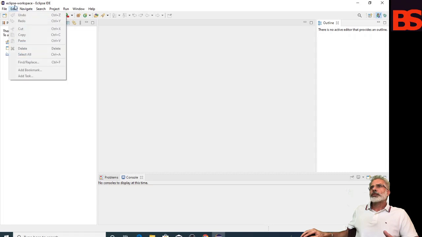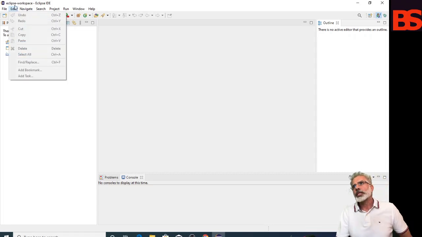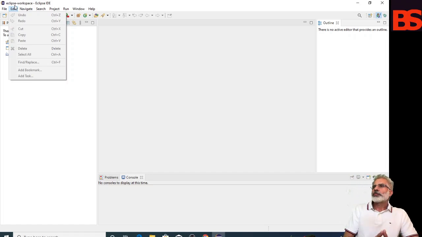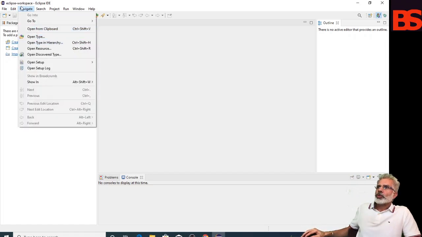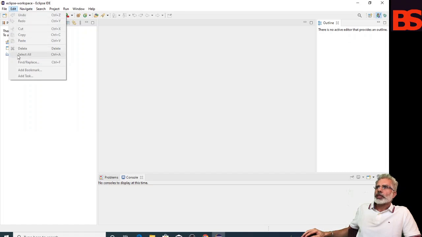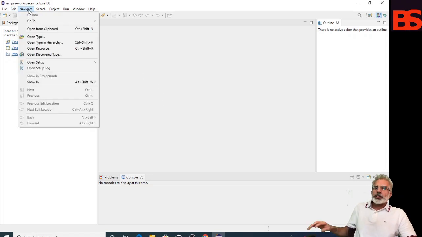Second menu is the edit menu, and you can see in the edit menu items like copy and paste, undo, redo. These items are related to your work area, and you can edit your code and copy and paste. Next is navigate.